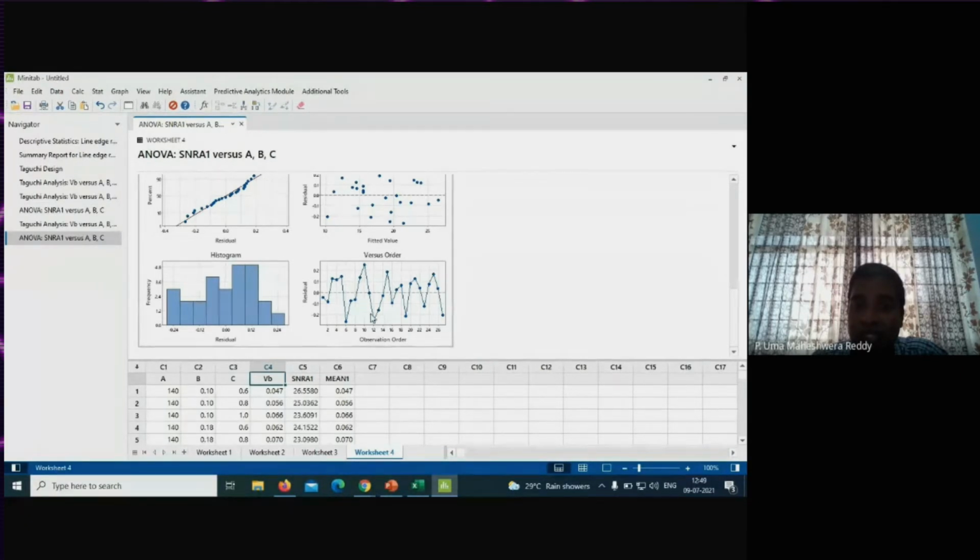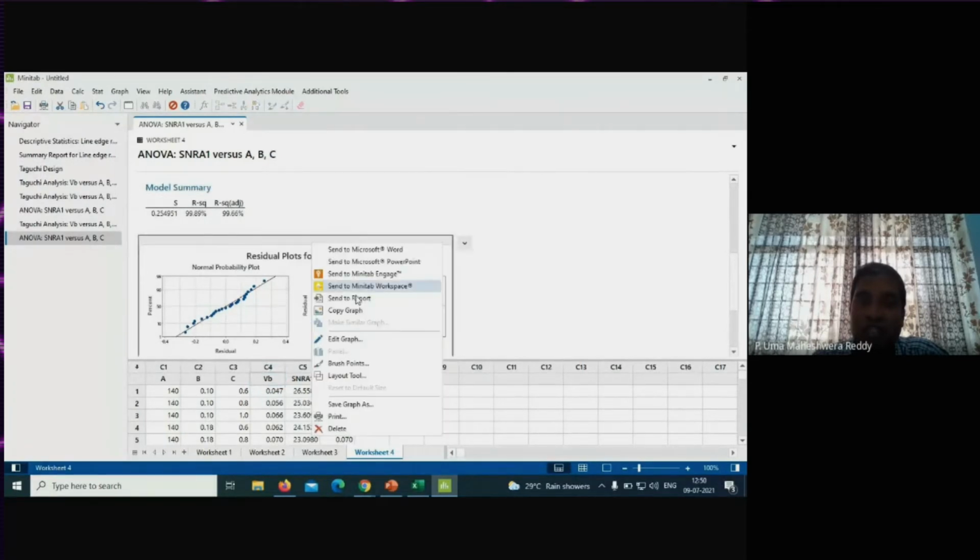And here in the last graph, every data set is having its own residual. So what is the residual here? Residual is something like the difference between observed value and the fitted value. So the difference is residual. Now every data set, every experiment is having its own residual. So you need to have different residuals for different data sets. That is an assumption. Now all the assumptions are matching, and from this you can conclude that the model which you performed is adequate and satisfactory. So you can export this information by clicking right click and selecting copy.